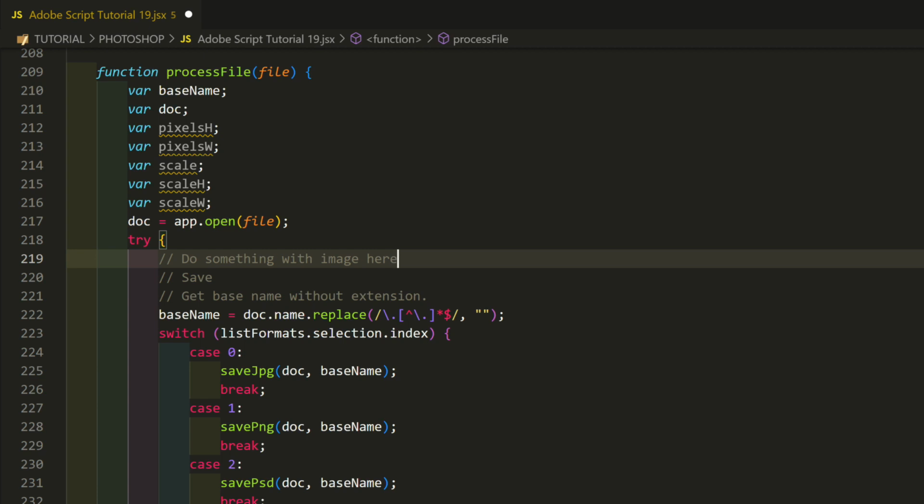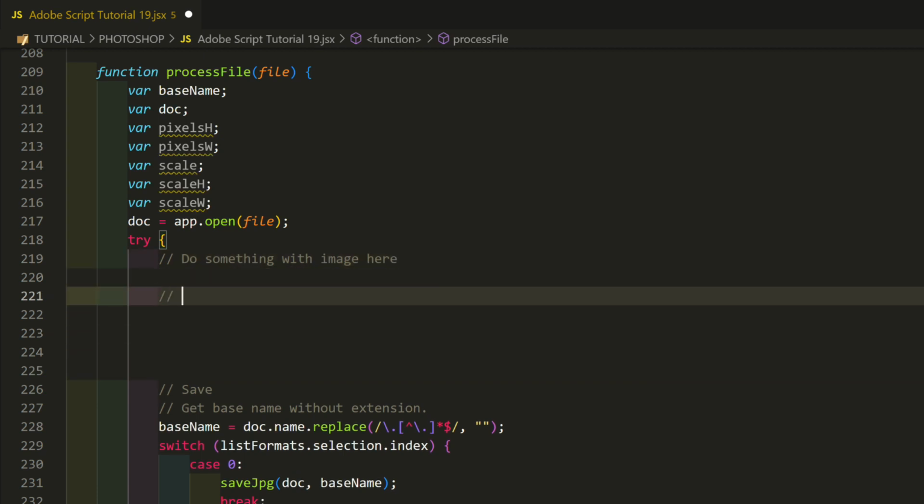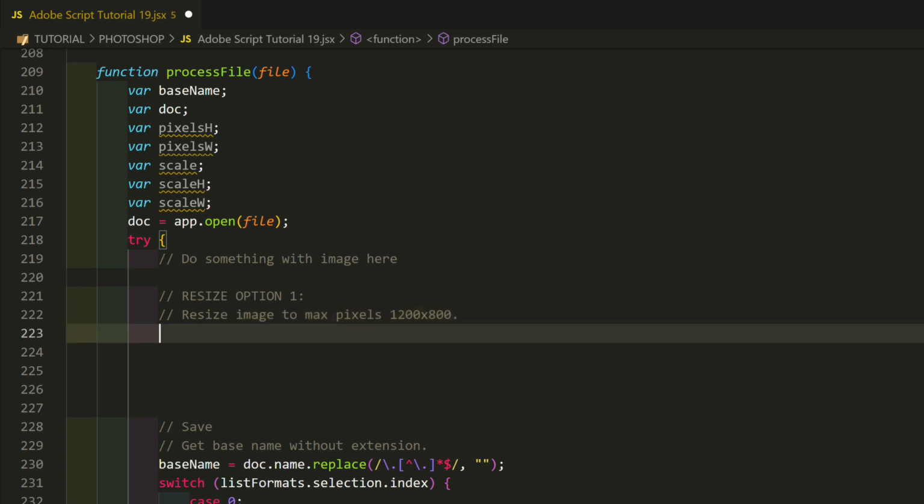For the first example, let's resize images for a website. The point is to limit image size because excess only makes the page take longer to load. I size my web images a maximum of 1200 by 800 pixels. We won't make the images exactly that size. The idea is to keep them below the size. You can change the values for width and height to anything you prefer.